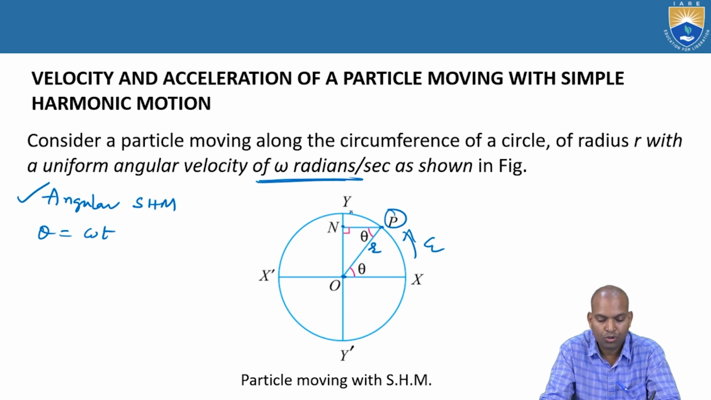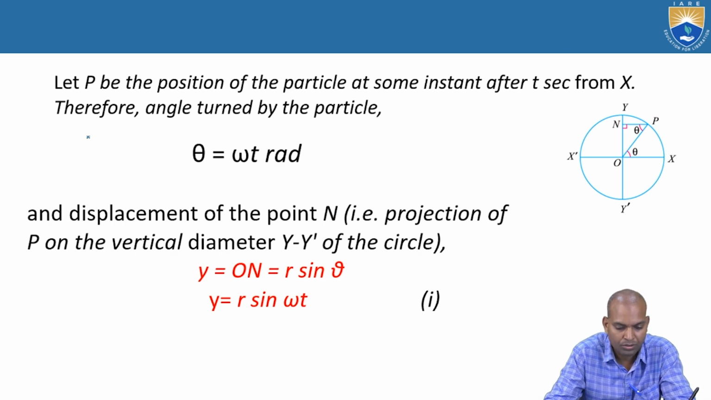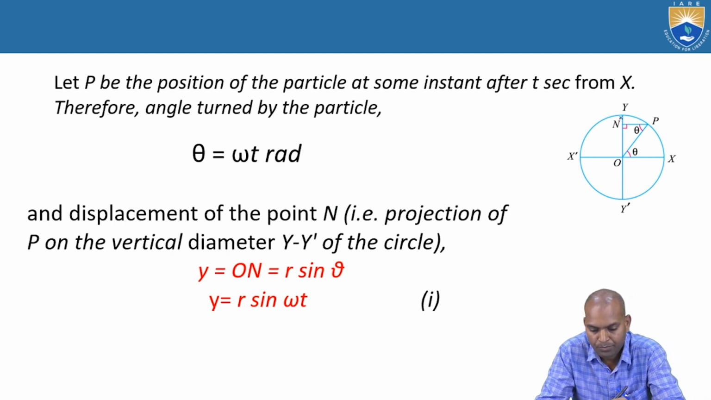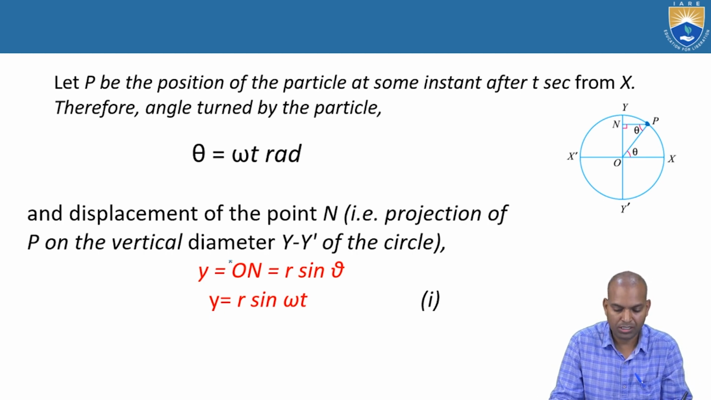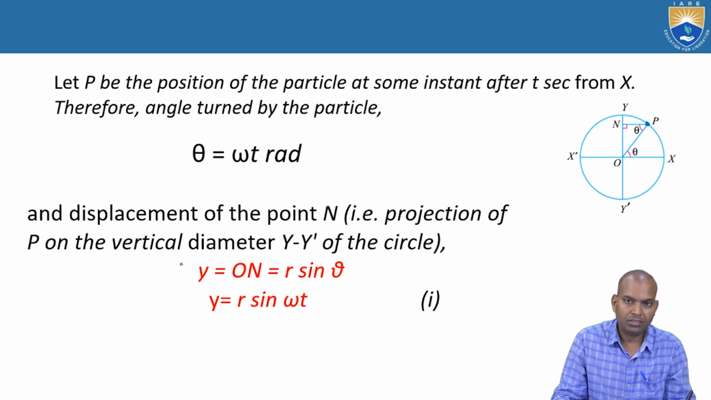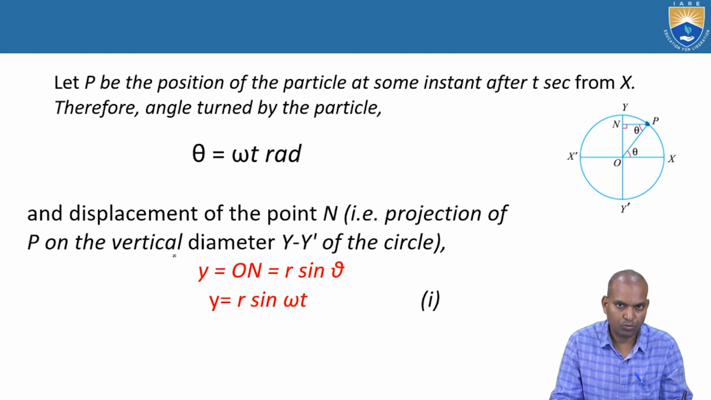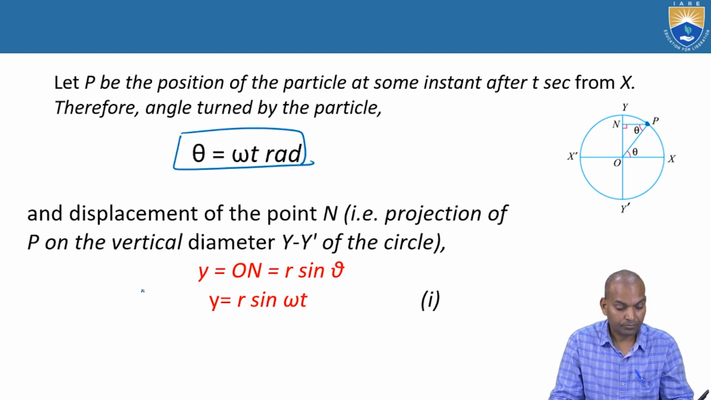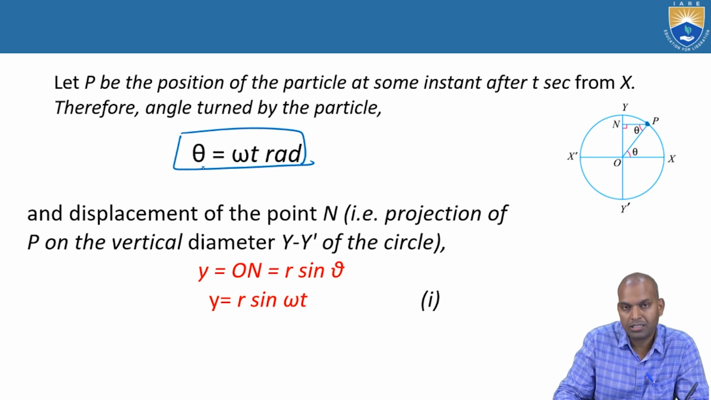This radius is known as the maximum amplitude when P is at y. Now, let us discuss further. Let P be the particle position at which the angular displacement at that instant of time t from x. Therefore, the angle turned by the particle at the time t is theta equal to omega times t, in radians, where omega is the angular velocity, t is the time and theta is the angular